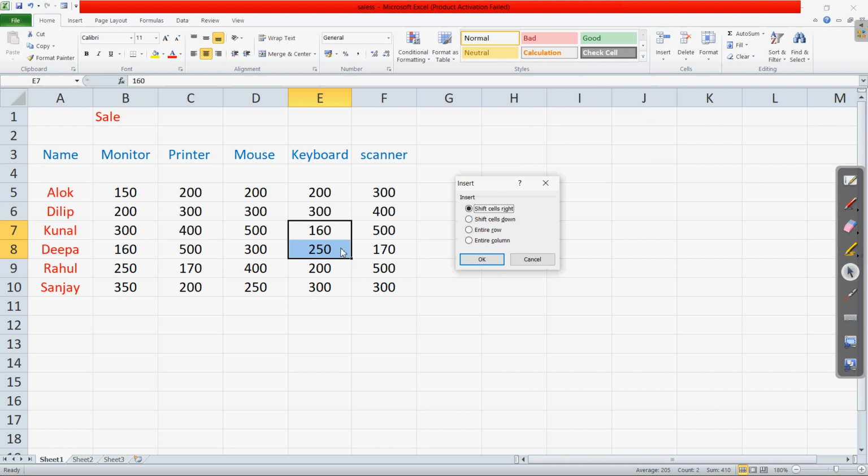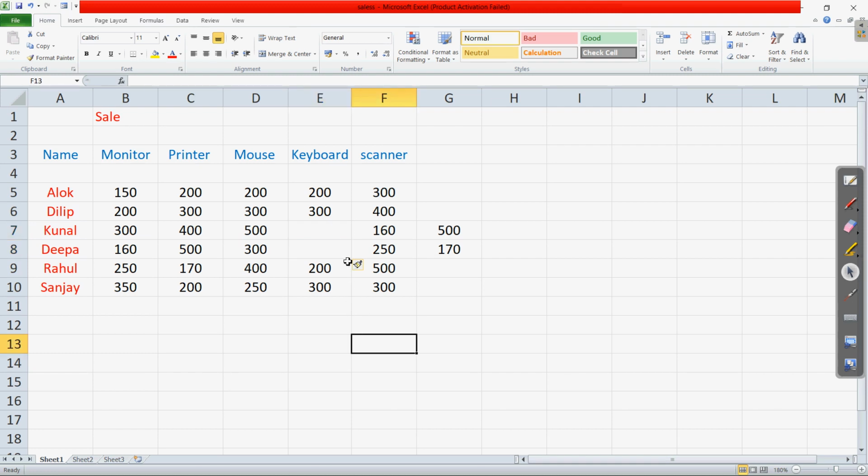So whatever cells you have selected, if you want to move them down or to the right, you can. Right now we are going to move them to the right, so if I click on the OK button, you can see the whole data towards the right is shifted by one more column. And the cells which we selected, two new cells have now been created.